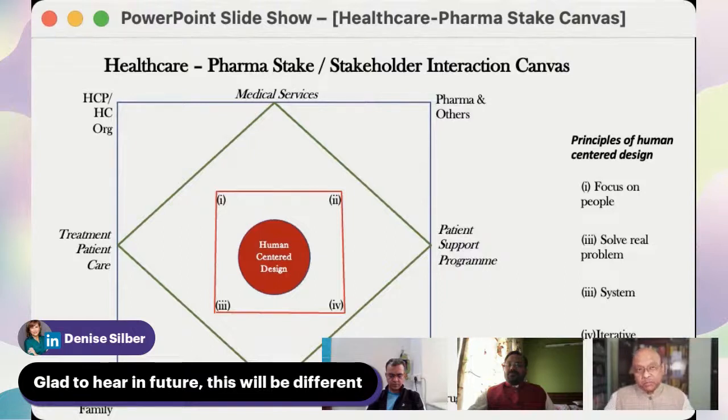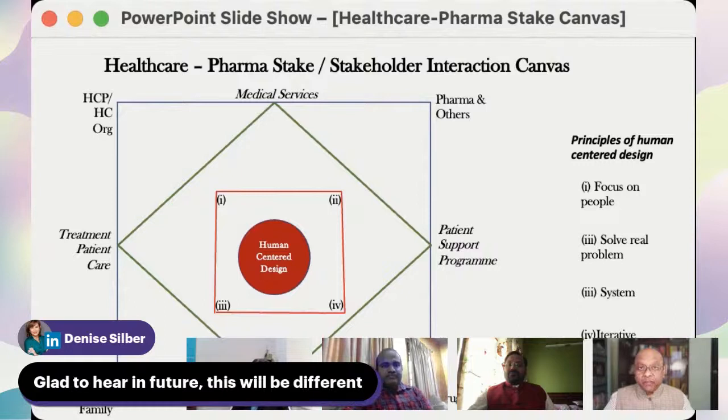Many times people ask me, what do you mean by human-centered design or human-centered marketing? H2H marketing. You know that last year when Philip Kotler and his co-authors started this concept of H2H marketing, it became like a wildfire. Everybody is trying to understand what exactly human-centeredness is and incorporate it in their plan, their marketing and value proposition. I have taken these four principles here to incorporate in this canvas itself.